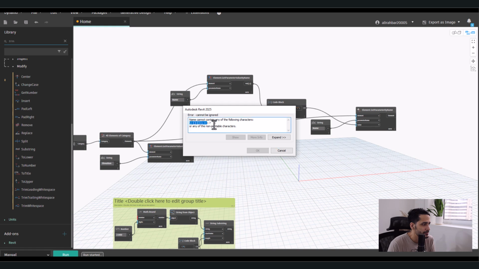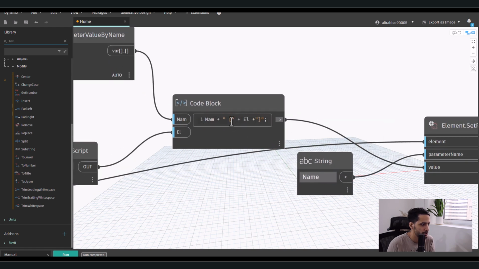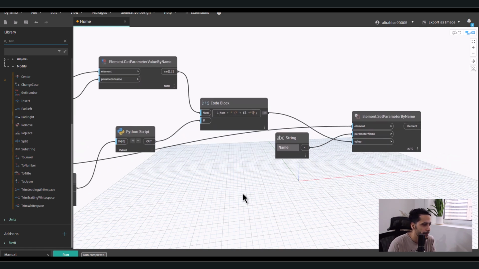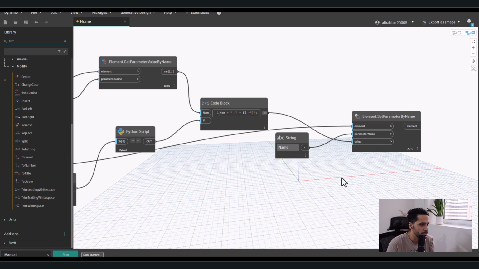Okay, if you can see, Revit doesn't allow us to name the elevation using brackets. So I changed it, it's no problem. I use parentheses and run it. Yeah, it's a question, would you like to rename corresponding views? Sure, we want it, and just wait for the result. Okay,